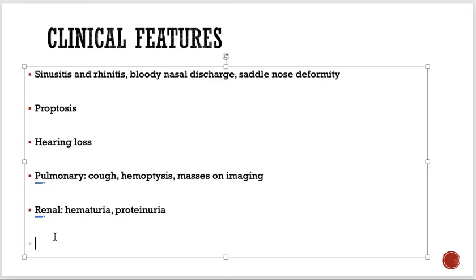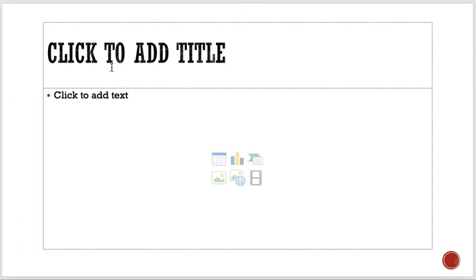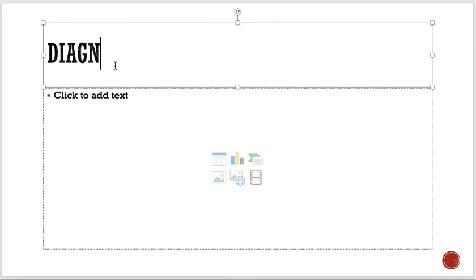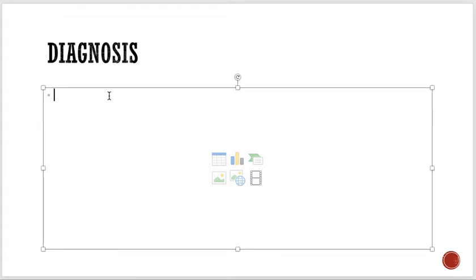And again, it can involve the joints, the skin, the eye, and the nerves. So these are the clinical features of glomerulonephritis. And again, for the diagnosis, of course you will find a lot of clinical things,